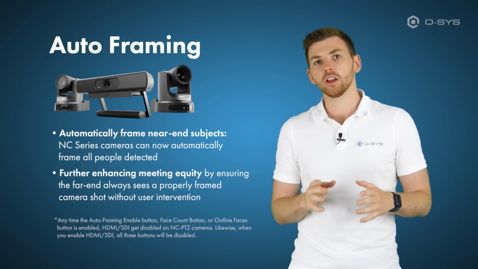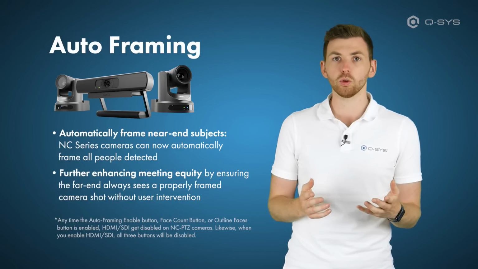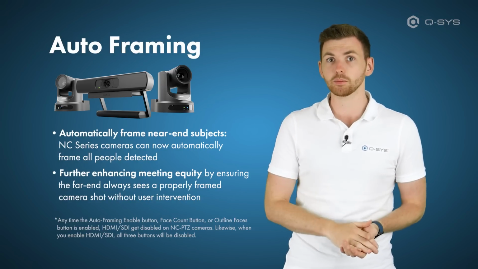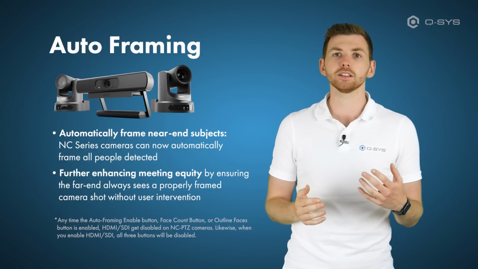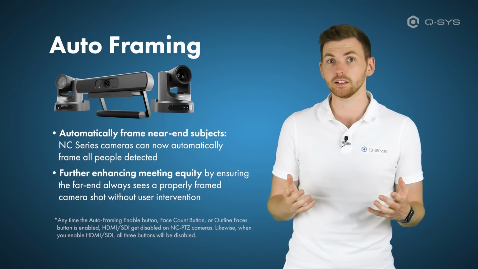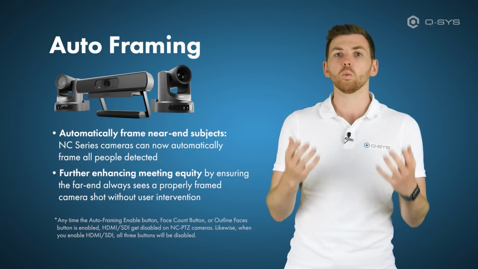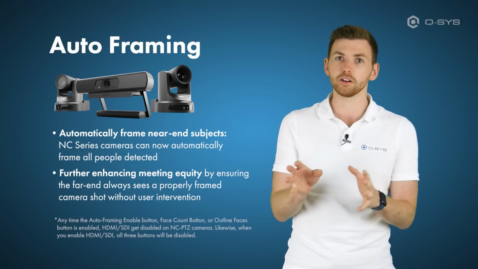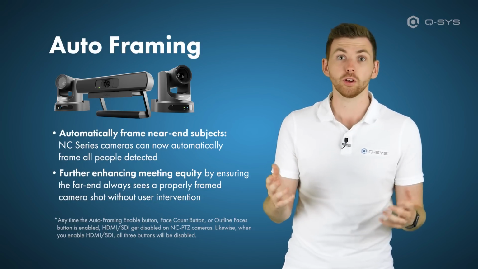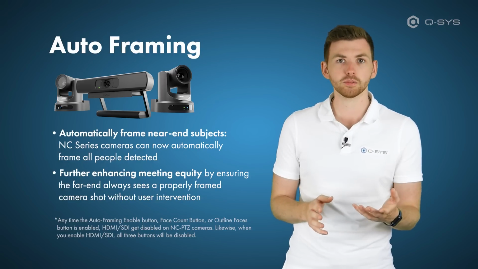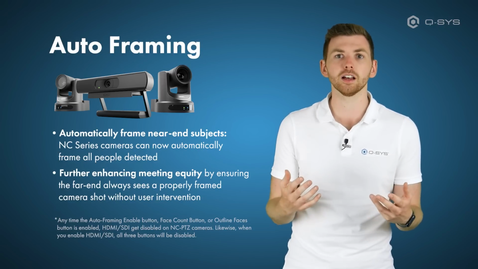Now, in addition, this gives us a face count control in Q-SYS Designer. So now we actually get a number inside the camera component telling us how many faces are currently being detected. And you could, of course, use this for some automations. For example, when face count is 0 for a period of time, the room switches off, or maybe the reverse of that. You could also use it with some Lua scripting to maybe provide you with some data on the